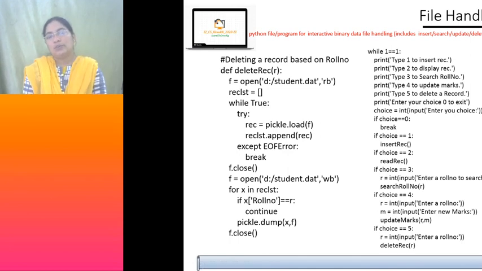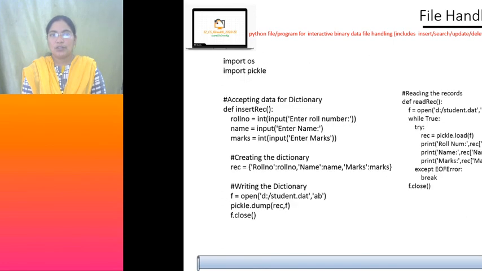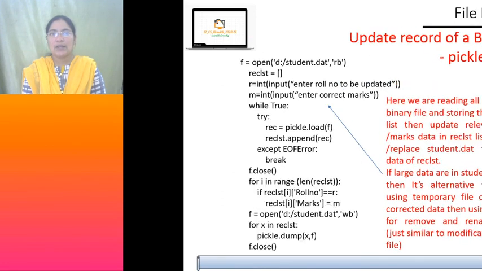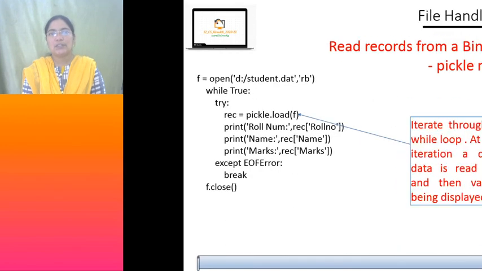Now, in this lesson, let's have a recap of what we mainly focused on. First we saw the OS module: the basic functions, how to create a directory, rename a file, remove a directory, remove a file, how to get the current working directory, what is an absolute path and what is a relative path. Then we saw the pickle module, the load and dump methods, their parameters and their usage in Python programming.